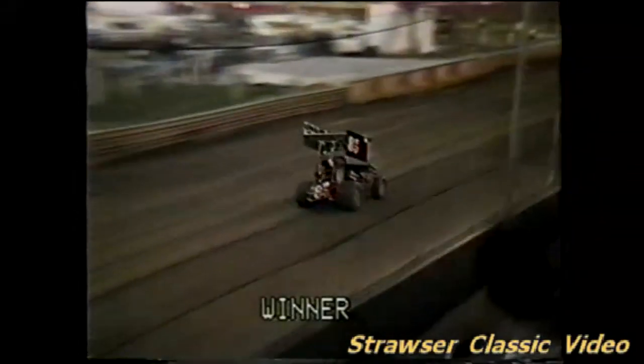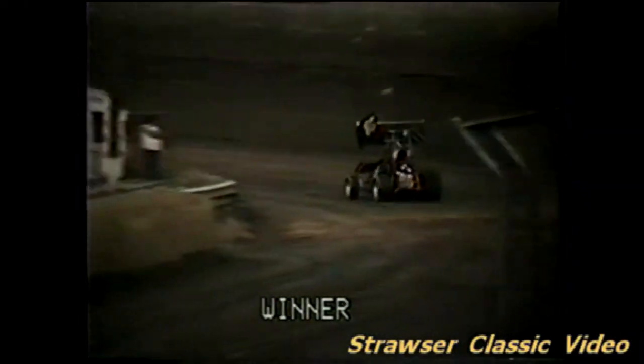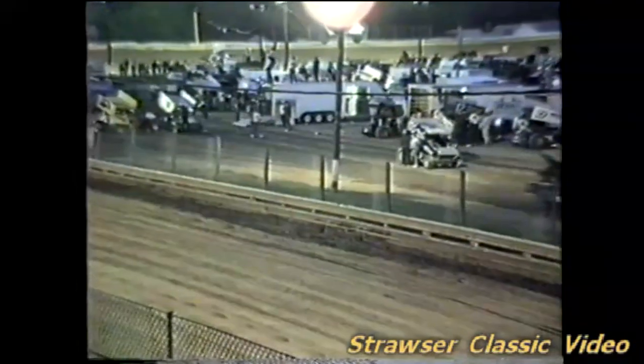Okay, there's your winner, the number 85 of Craig Eschenauer, formerly a pit crew member on the Joey Gravino team, and Eschenauer has come a long way since twisting the wrenches on the number 28G. Has his own little sprint car effort going and doing a good job. We'll be back with...